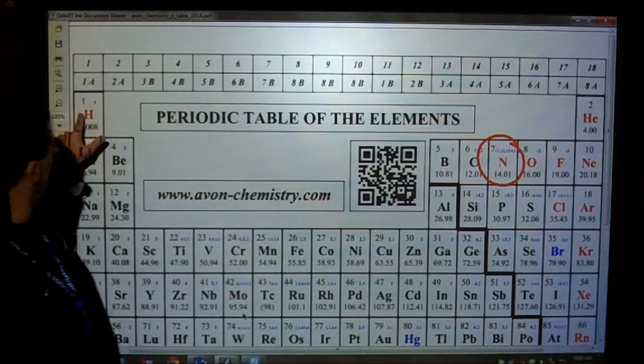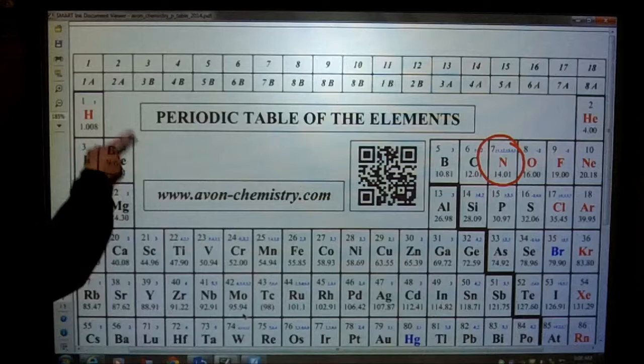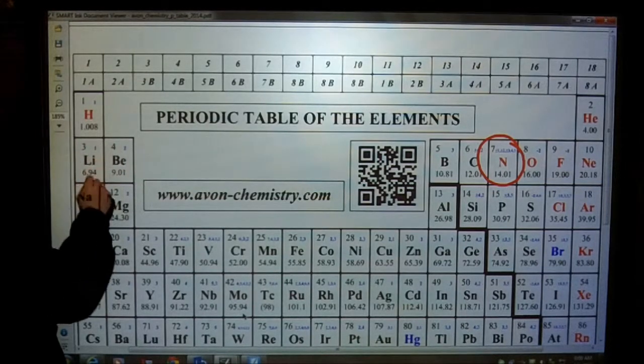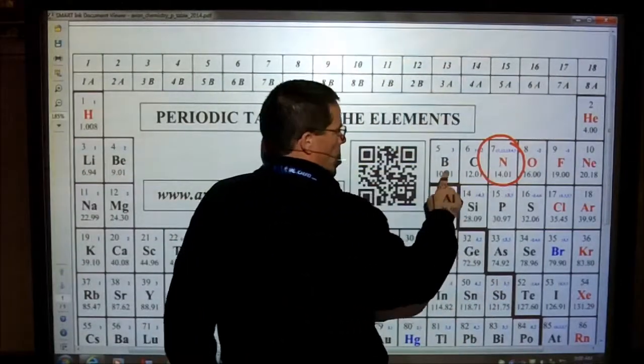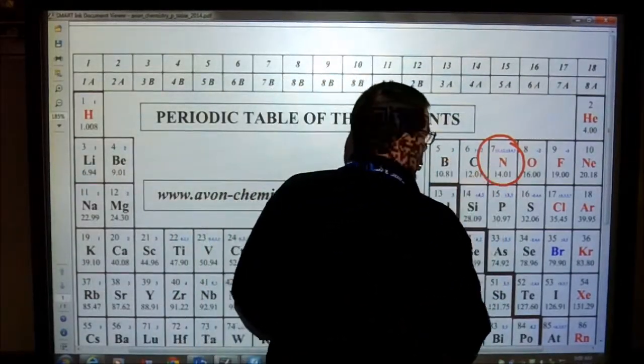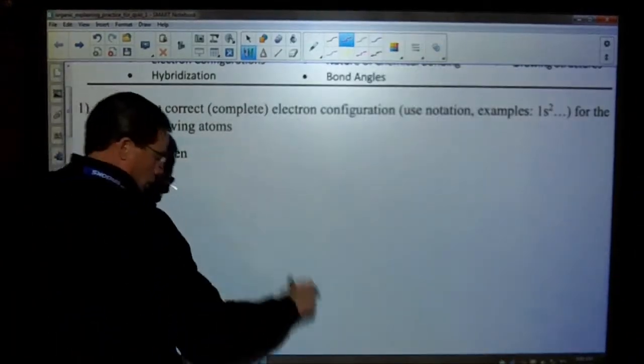So it'll go 1s, and each of those boxes represents an electron, so 1s2. And then you go to the second row, now you're in the second energy level, so 2s2. And then once we leave the s orbitals, we're now in the p orbitals, and then we count 1, 2, 3. So the electron configuration for nitrogen should be